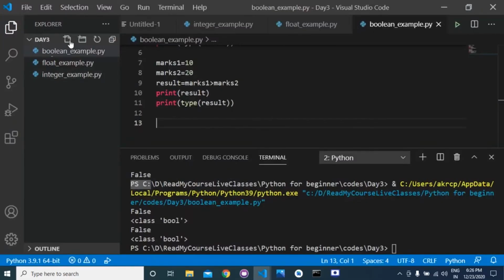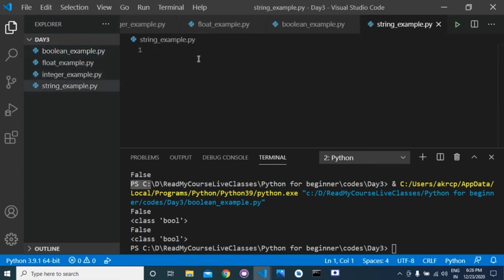I am creating a file here, string example dot py. String data types store message text. Suppose I have name is equal to read my course.